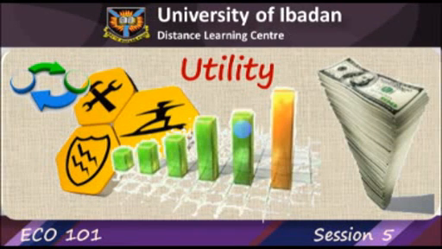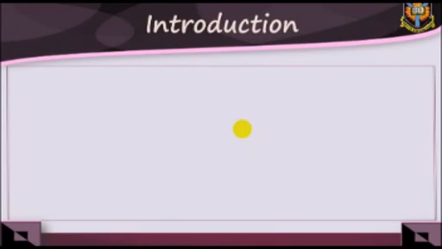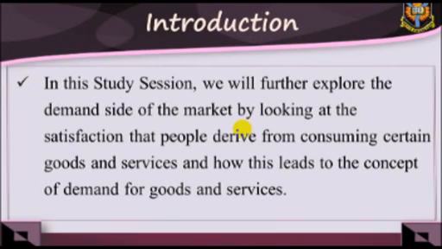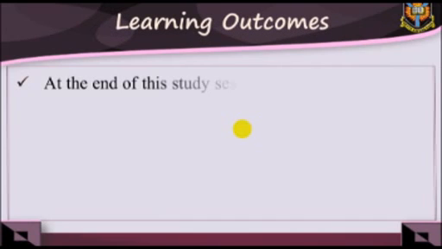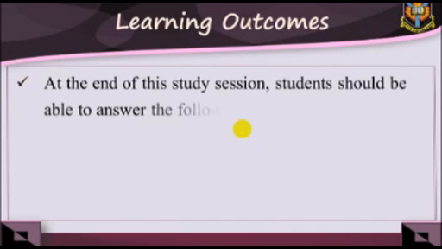Study Session 5, Utility, Introduction. In this study session, we will further explore the demand side of the market by looking at the satisfaction that people derive from consuming certain goods and services and how this leads to the concept of demand for goods and services. Learning outcomes. When you have studied this session, you should be able to: